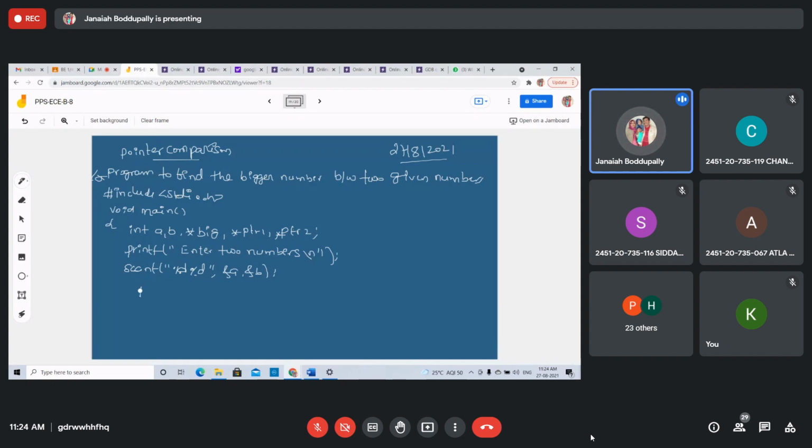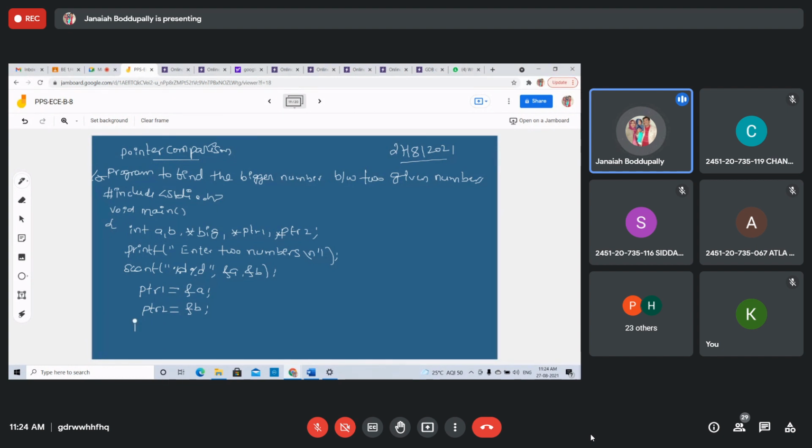Now the address of a is stored in pointer variable PTR1. The address of b will be stored in pointer 2, PTR2.